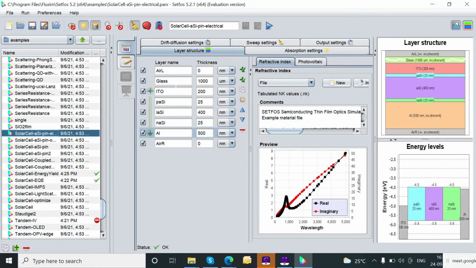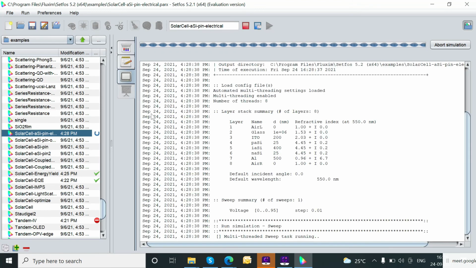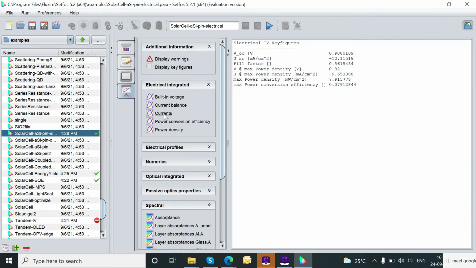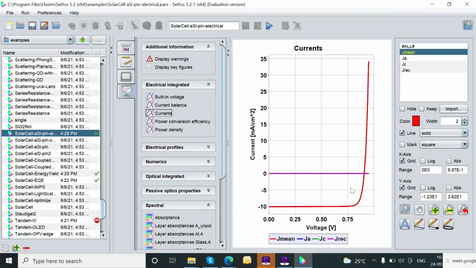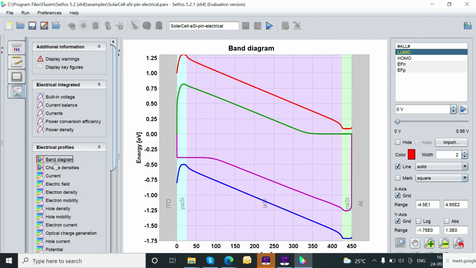Like if you want to export your data for future use, you can right click and save the image either in PNG, JPG, PDF, any format you can save your data. And also if you want to save your data in text format, DAT format, then you can save your data in any Excel, DAT, text by simply giving the name. So the data will be exported. Energy yield calculations, that is also plotted.